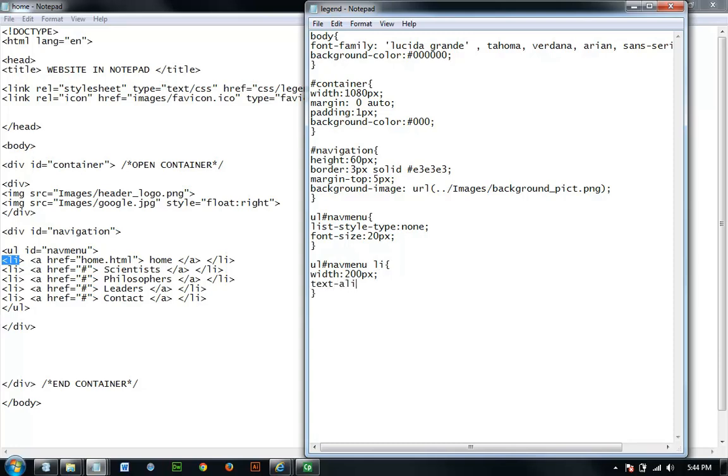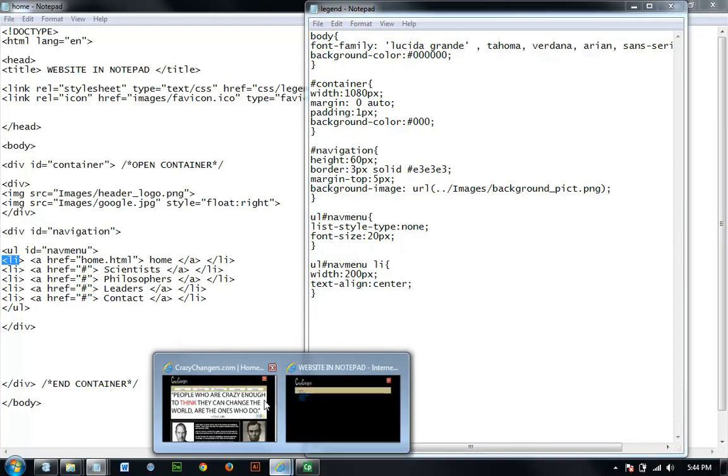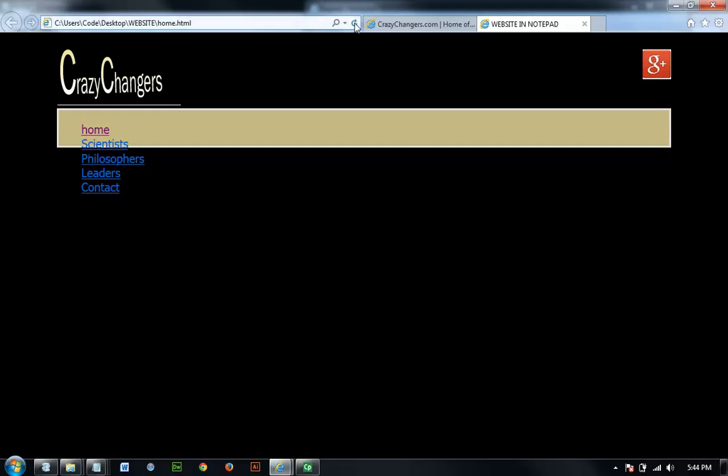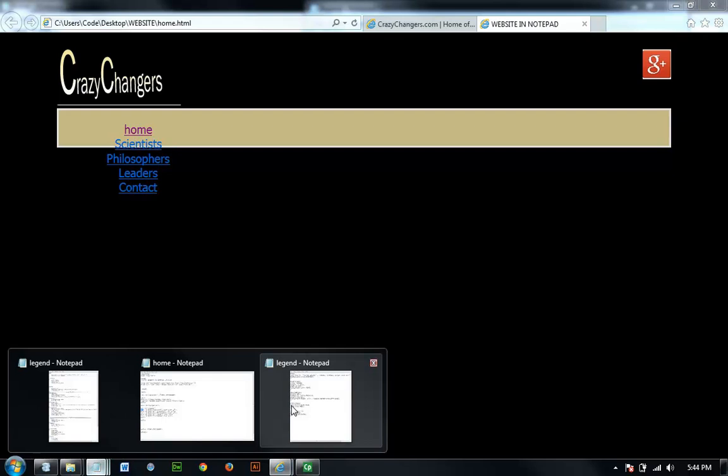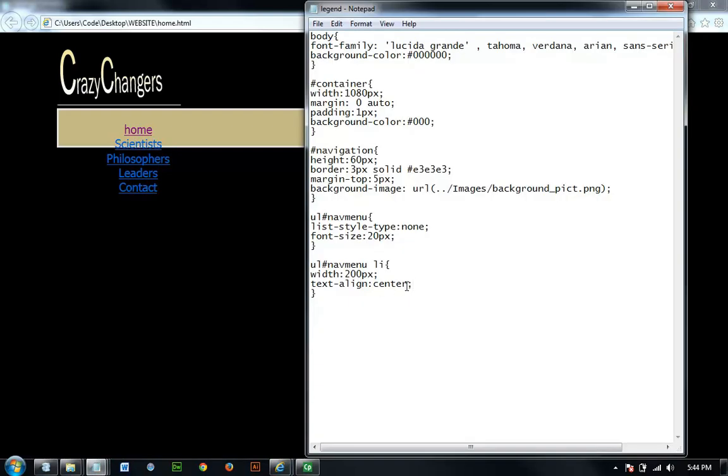All right, and now the text align will be in the center. Text align in the center. Control S, and I'm just going to show you this, and F5. All right, so it gives me already the box 200 width and text align. Nice, they are on center, but the nicest part is right here. When you come here